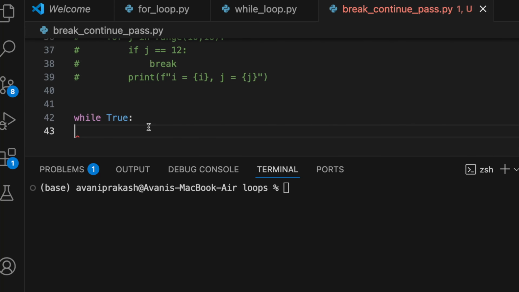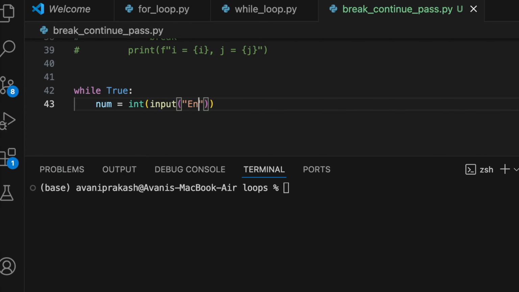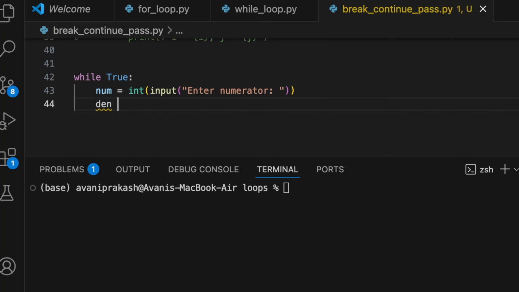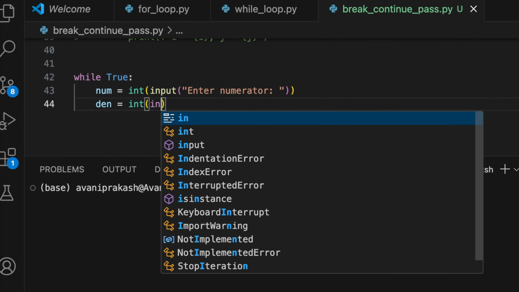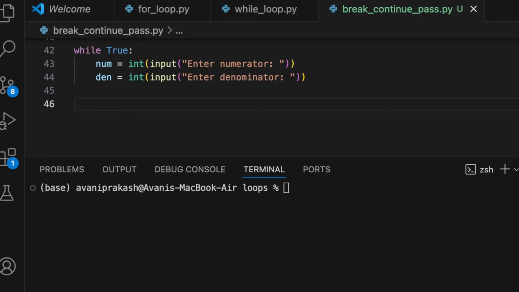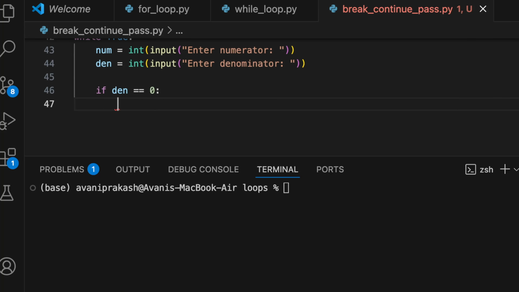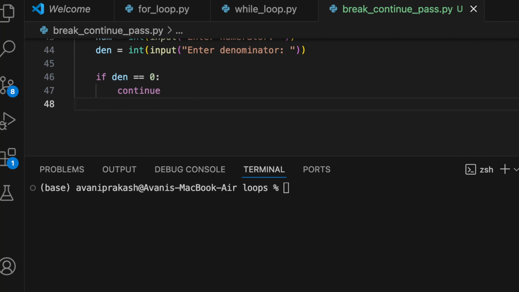So I am going to write here numerator. I am going to write in short num for numerator, int, input, enter numerator. Similarly for denominator I am going to write in short den, int, input, enter denominator. Now what I am trying to do is that if denominator is 0, then we cannot divide. So I am going to write here if den is equal to 0, then I will say continue, else